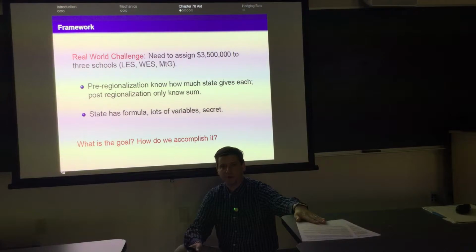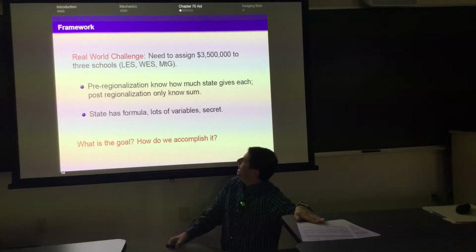Historically, the high school gets about 50%, Williamstown about 28%, Lanesboro about 22%. Williamstown Elementary is about twice the size of Lanesboro Elementary, but there's a lot of demographic factors that go into how the state calculates it. I've heard it has a huge number of variables, but they don't share the formula. So we need to figure out how to